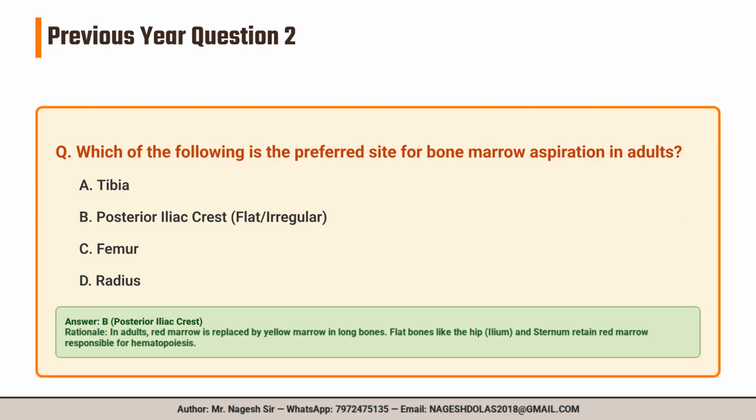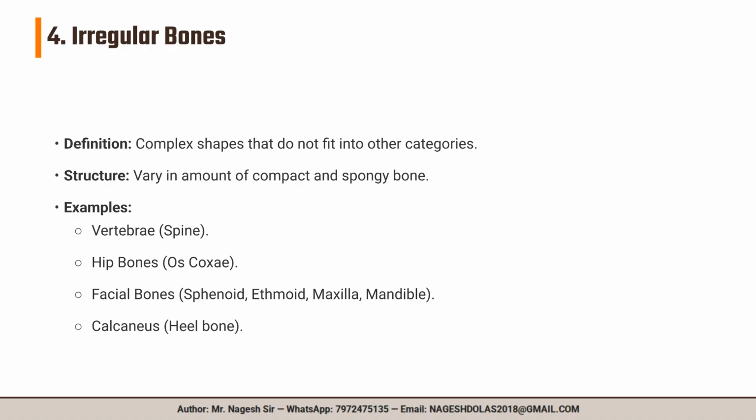content. Question 2 asks, which of the following is the preferred site for bone marrow aspiration in adults? The answer is B, the posterior iliac crest. This is a flat or irregular bone that retains red marrow for hematopoiesis in adulthood. Irregular bones have complex shapes that do not fit into other categories and vary in their composition of compact and spongy bone. Examples include the vertebrae, hip bones, and facial bones like the sphenoid and ethmoid, as well as the